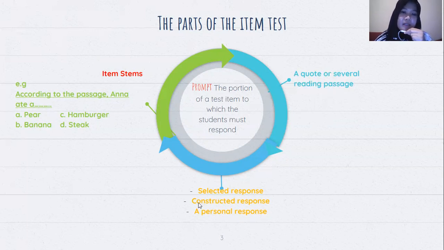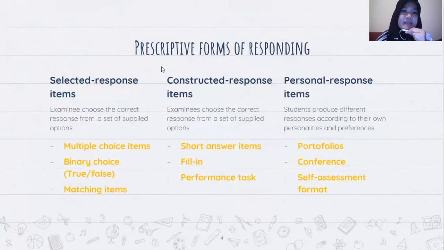And then the third form of the prompt is mostly found in different kinds of tests. They are selected response, constructed response, and then personal response. And next, I'd like to try to explain in detail about such tests. Okay, and then the prescriptive forms of responding. As I said before, the objective of giving this test is to get the response of the examinee. And here are the three kinds of